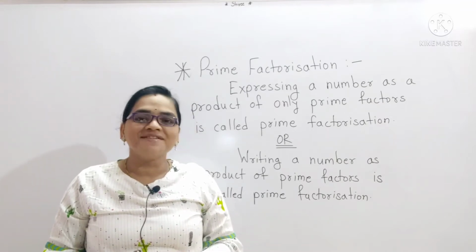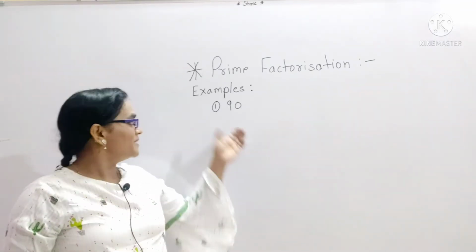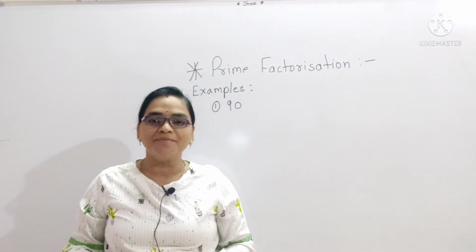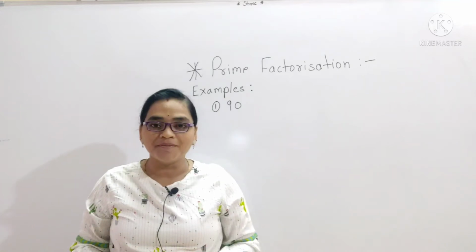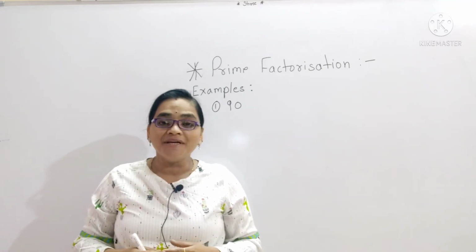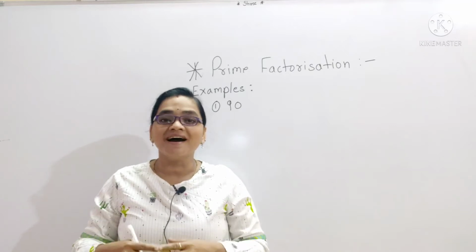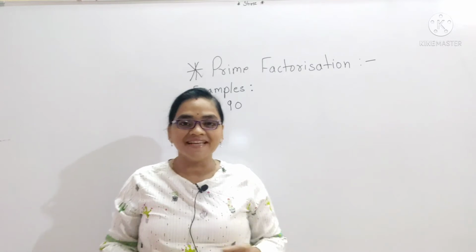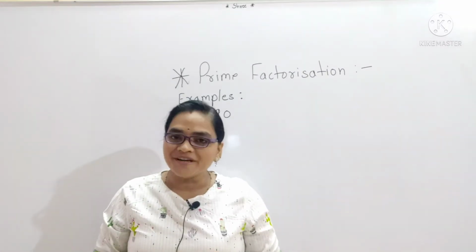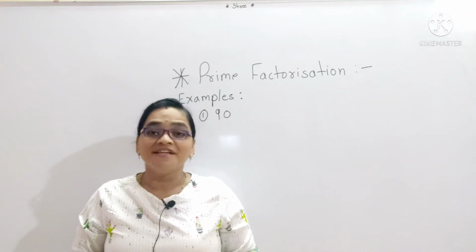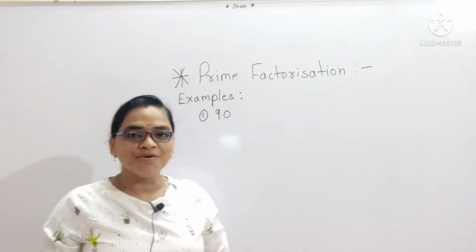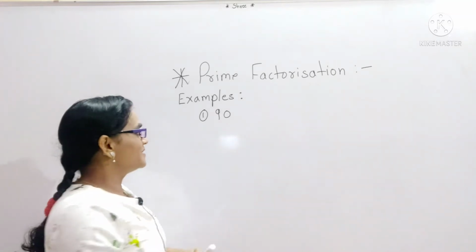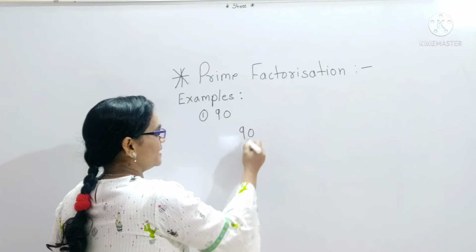Okay, let's discuss a few examples. The first example is 90. When we find factors of a given number, we deal with a big problem. We have multiple numbers in our hand and we search for the numbers which can divide the given number. We have already discussed the divisibility test. Now it's time to apply it. The first example given is 90, so let's find the factors of 90.